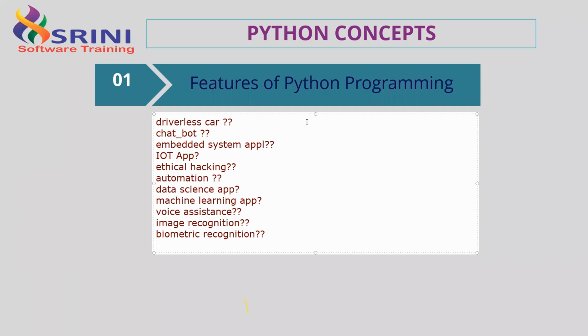Sometimes your neighbors would ask you on what platform you are working. Madam, I'm working on Python. So I wanted to learn Java. If I ask, would you be able to give the justification? Why don't you go for Java? Why should you go for Python? You will be having an answer or not?